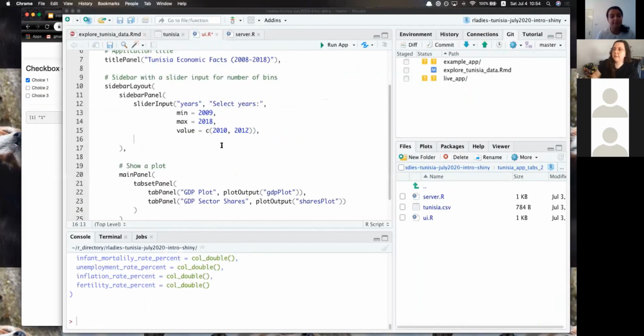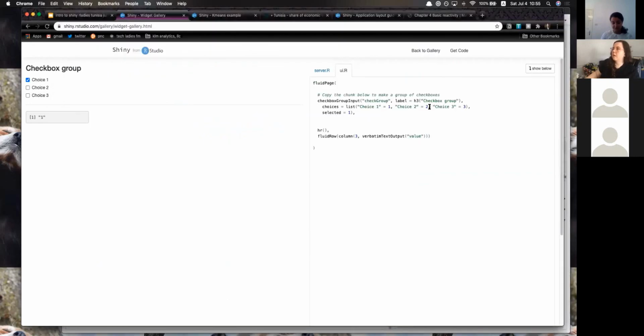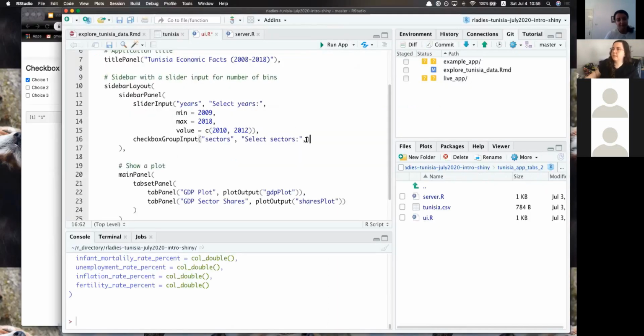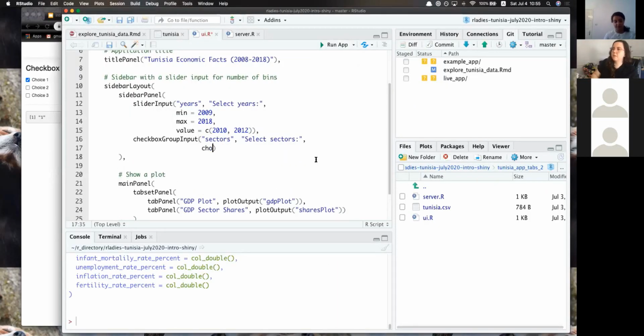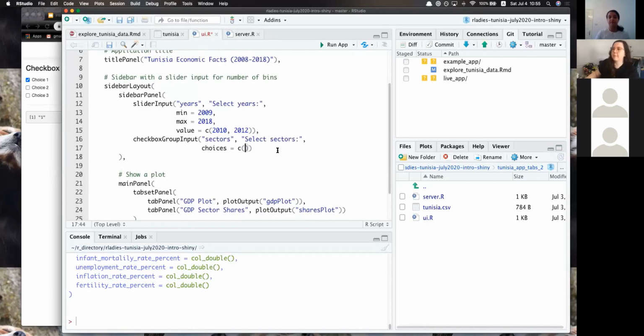My input ID, I'm going to call it sectors. My label, so the thing that my user is going to see on the UI, select sectors. Then I have to give choices, and so let's do this in a couple of steps here. So one thing we noticed about this data, these are lowercase, but often on the actual app you want things uppercase. The nice thing is you can do that here in your choices vector. So I can do agriculture equals